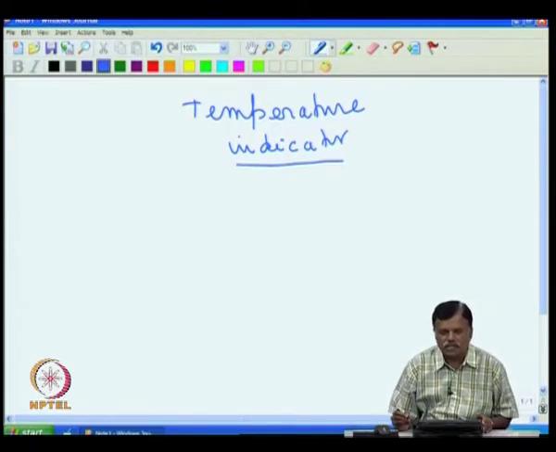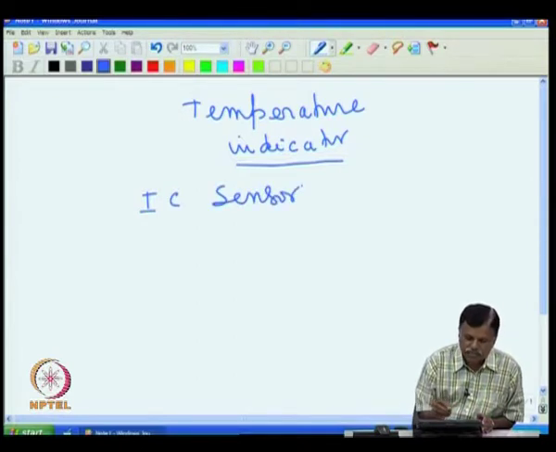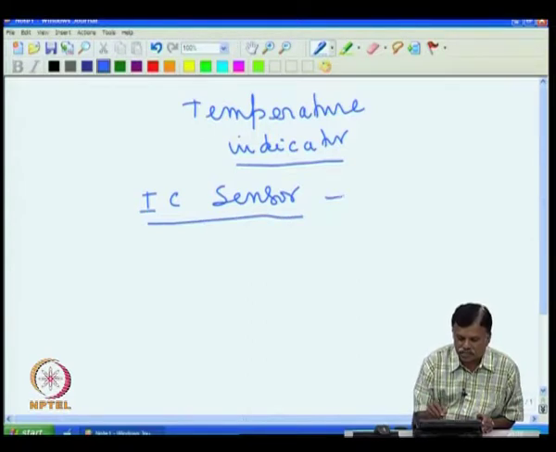We have various sensors available. I will see about them a little later. Today we take, for example, IC sensors, which are available in the market. Using that, how do we design a temperature indicator? For example, your classical IC sensor is